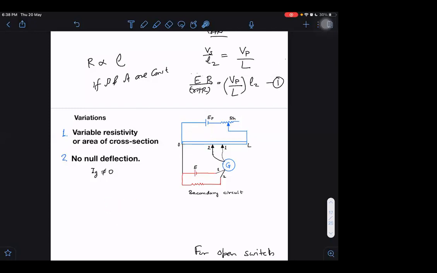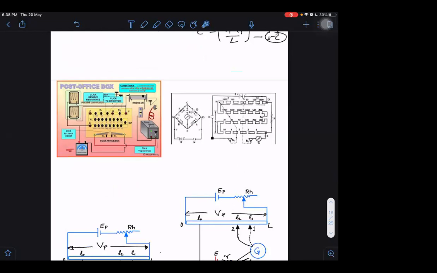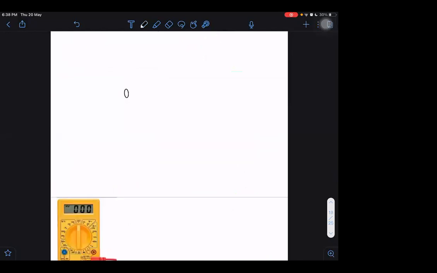Similarly, I have to find resistance. What will be the resistance as a function of x if the area of cross section is varying? Luckily, we have already done that before. Do you remember this frustum? Resistance of the frustum we have derived before or not? Yes, pi AB, you are right. This is radius A, this is radius B, and this length is L. Then the formula came out to be rho L by pi AB. This is the resistance.